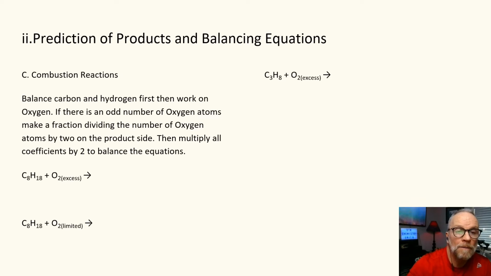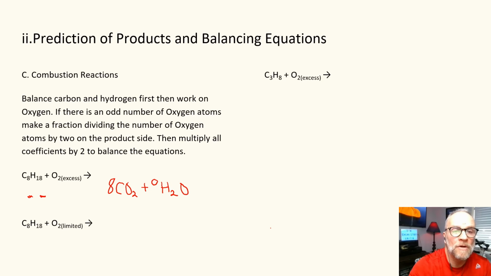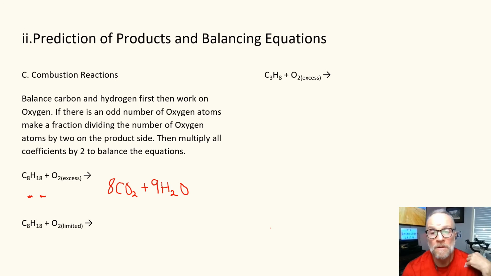Okay, let's get our pen. So it'll be CO2 plus H2O. We're going to balance carbon and hydrogen first. We have 8 carbons here, so we'll put an 8 in front of the carbon on the product side. We have 18 hydrogens, so 2 times 9 will give you 18. So now we are balanced for carbon and